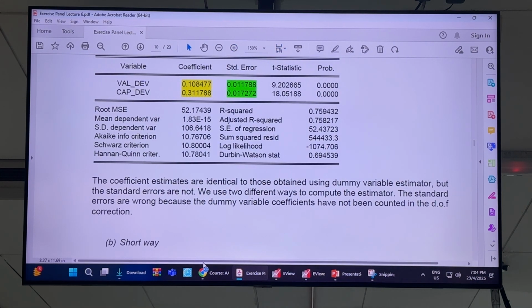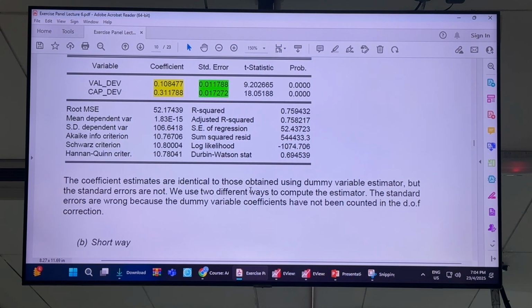The coefficient, right? What I say is coefficients are the same using the dummy, but standard errors are not, because we're using a different way to compute the coefficient. One I'm using the mean approach, another one I use the least square dummy variable approach. And which one is the correct one? The least square dummy variable is the correct one because